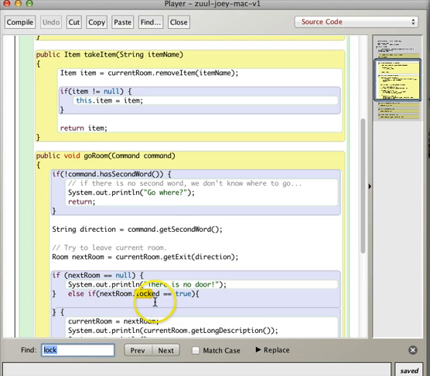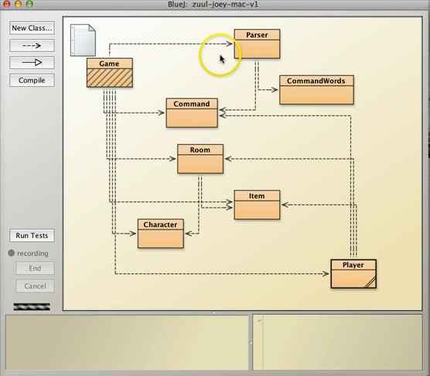So what we would do here is to say, if next room, you don't even need the equals true, because if it's true, then the whole thing will evaluate to true. You can say isLocked, right? And okay, and so that should